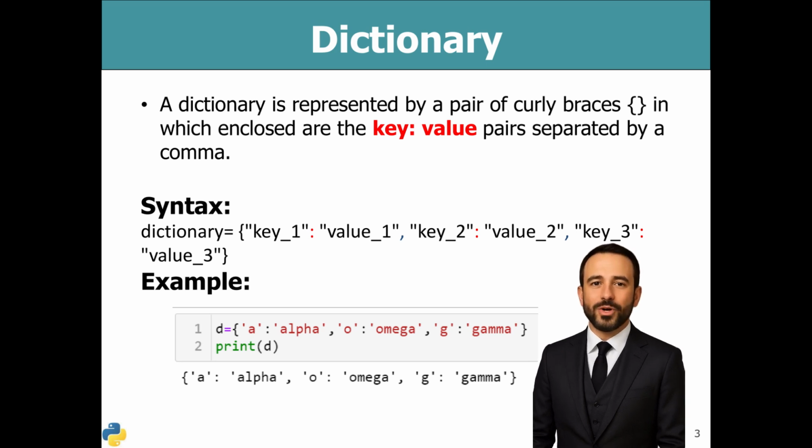When you execute a print statement for this dictionary, such as print(D), the output will clearly display all the key-value pairs exactly as they were defined. For our example, the output would display the pairs as defined. This output confirms the successful creation and content of your dictionary, showing the direct mapping between each key and its